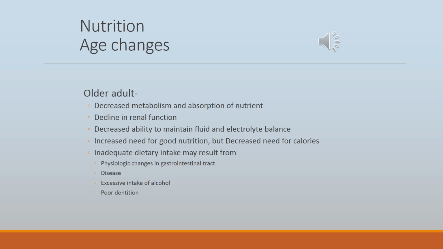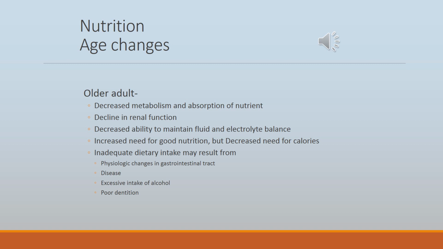In nutrition, the older adult has a nutritional assessment that we must consider. Nutritional screening in the older adult is the first step in maintaining adequate nutrition and replacing nutrient losses to maintain the individual's health and well-being. Inadequate dietary intake in older adults may result from physiologic changes in the GI tract, socioeconomic factors, drug interactions, disease, excessive use of alcohol, and poor dentition or missing teeth. Older adults may also be nutritionally at risk because of decreased odor perception, poor dental health, limited ability to shop and cook, financial hardship, and the fact that they often eat alone.